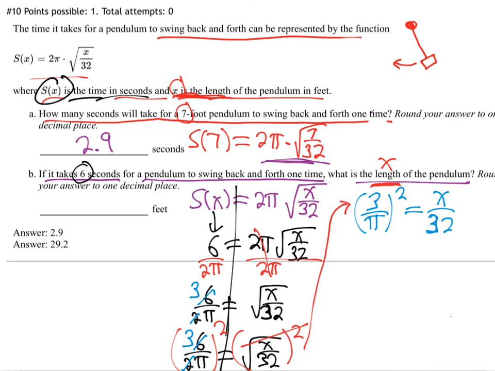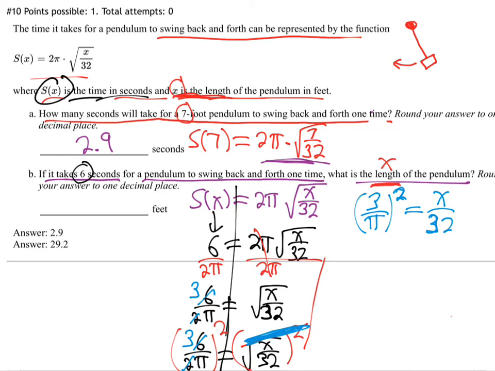Do you see what happened there? The 2 canceled the root. It's gone. So we did a 2 power on both sides. It stayed on the left side right here because there was no root to cancel it out. But on the right side, the root and the 2 power cancel each other out, so they're both gone. So now